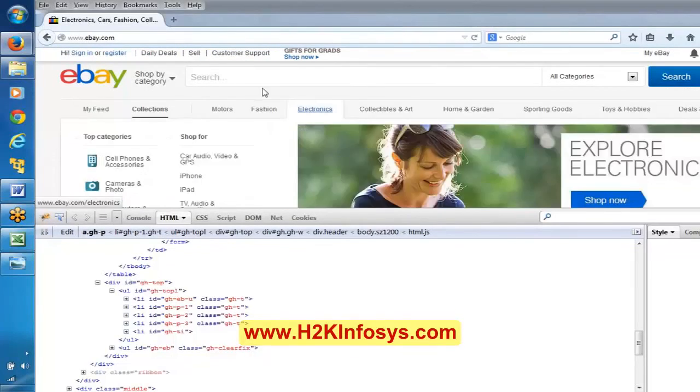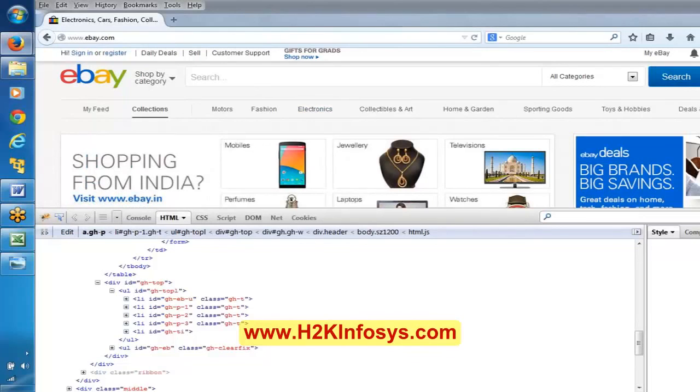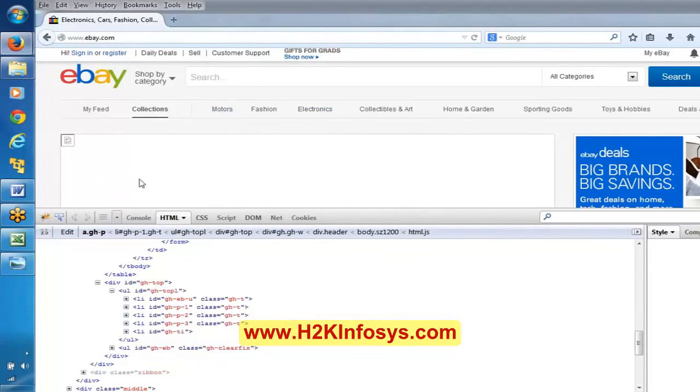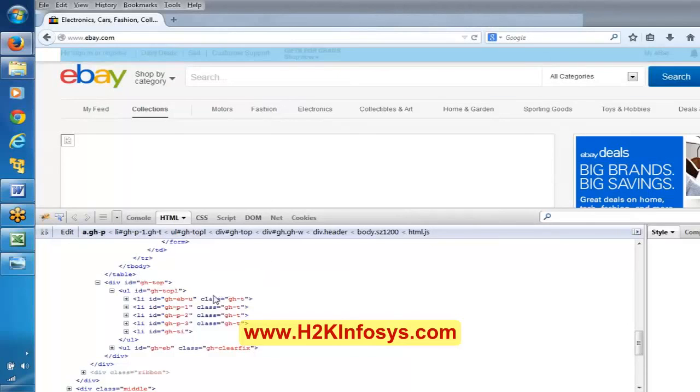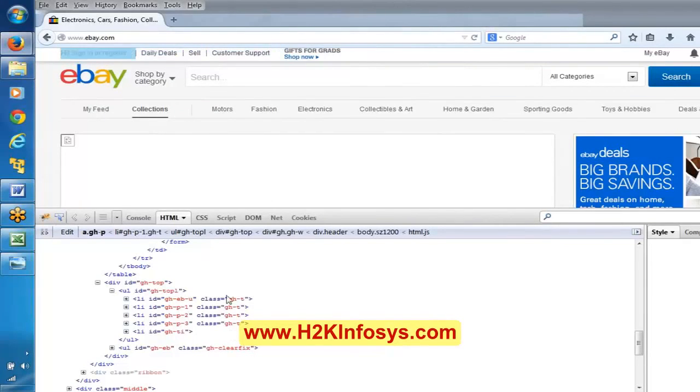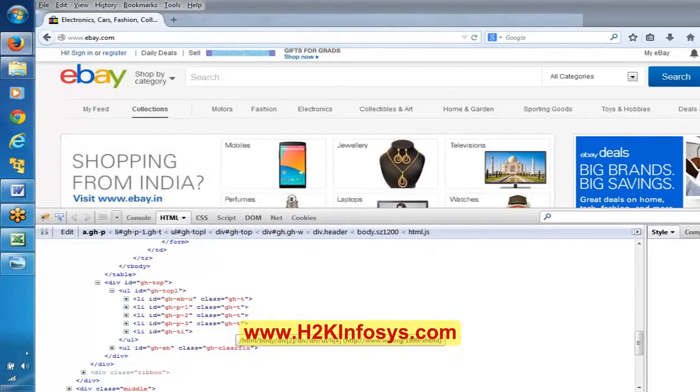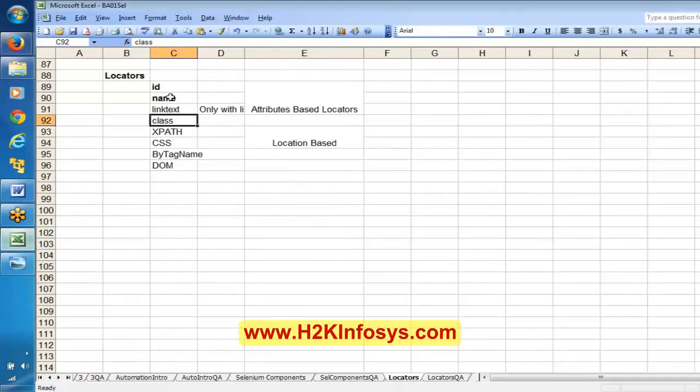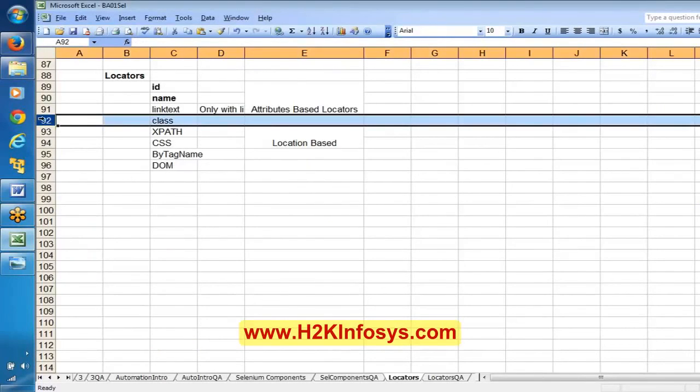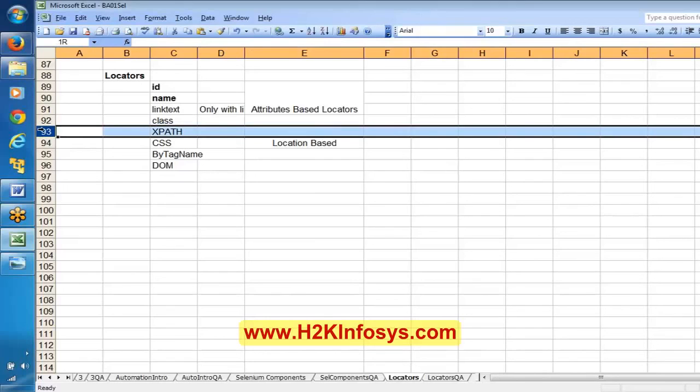Okay, in this application, how is this particular object uniquely recognized? Using the ID attribute. It means in this entire application, this particular text box has a unique ID. That is where we are able to recognize this text box uniquely. But if you try to use the class attribute, it is not unique. This class attribute has been used for 4 to 5 objects, right? So that is the reason generally we will not use the class attribute in most cases. Yes, we use XPath if you are not able to identify the object using these things.